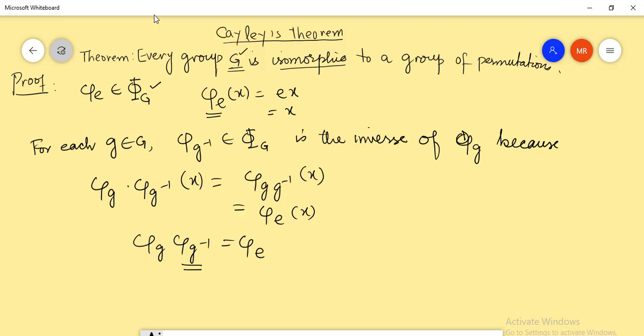Hence this is the inverse of this element, and thus phi(G) is a group,